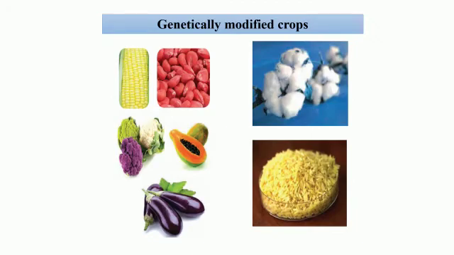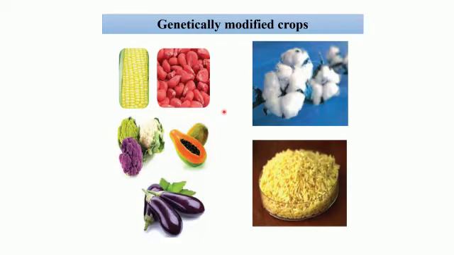So these are some of the examples of genetically modified crops. We have corn, broccoli, cauliflower, papayas. Seedless papayas are also available, even watermelons. And we can easily distinguish between the two papayas, those which are genetically modified and those which are the original varieties. Then the brinjal, we can see here, various shapes of brinjal are obtained nowadays. So they are genetically modified ones.